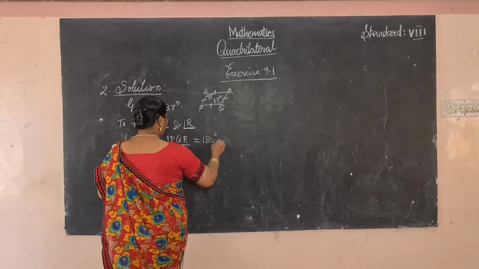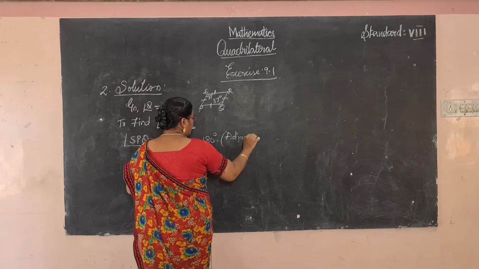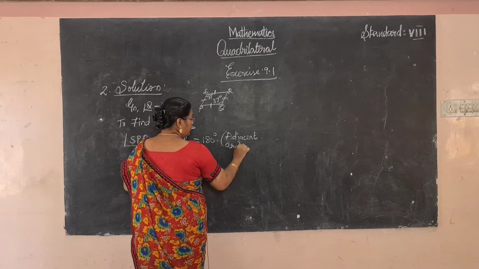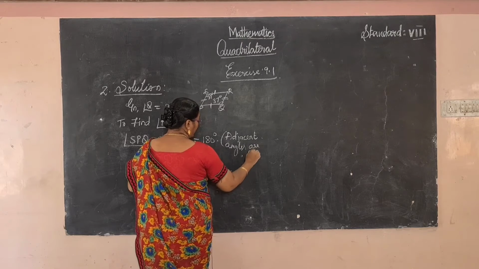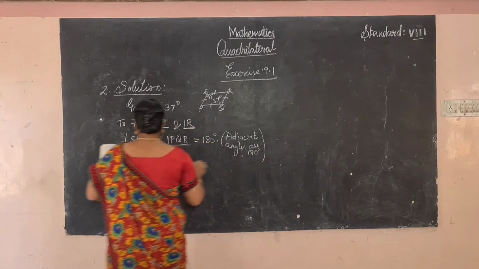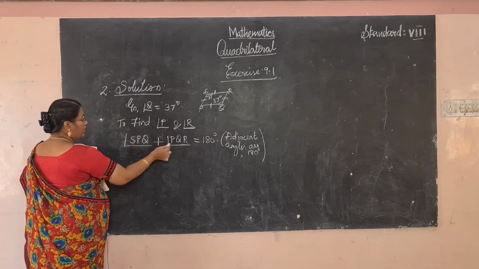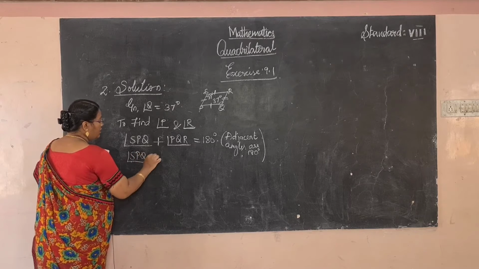Okay, here write: adjacent angles sum to 180 degrees. Okay, so what is the value of Q? You know that. So SPQ is equal to,